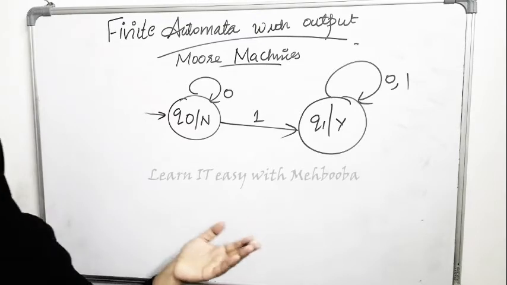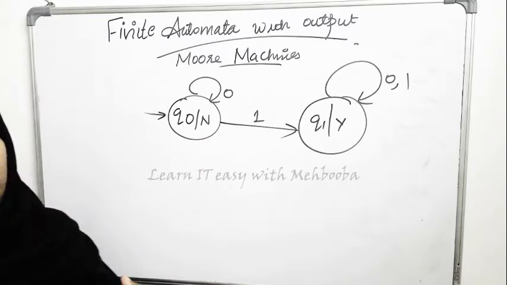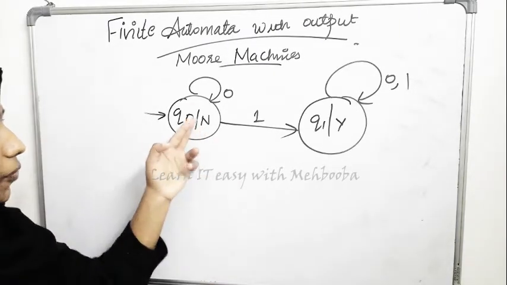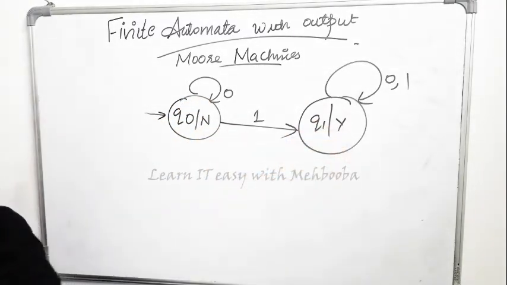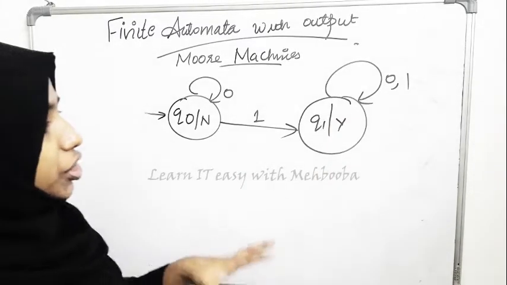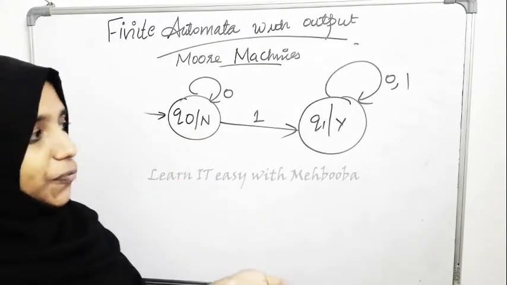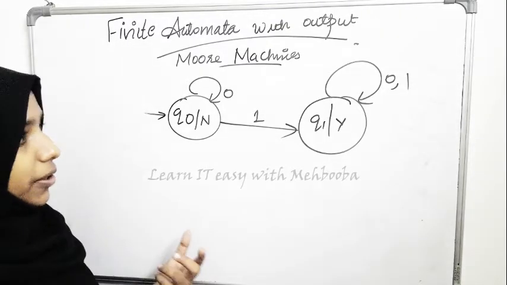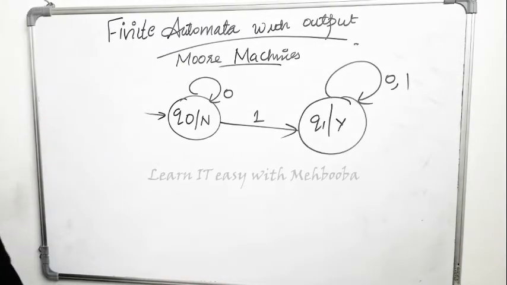Again, I am not giving double circles to any state because there is no notion of a final state, because the output or interpretation of a state is given within the state itself. See, because of simply 0, it is a no. It contains a 1, it is a yes. Yeah. So again, DFA can be treated as a special case of Moore machine, wherein the outputs are zeros and ones. That is 1 for a final state and 0 for a non-final state. If you are interpreting like that, DFA can be treated as a special case of Moore machine. Yeah. Now we will see Mealy machines.